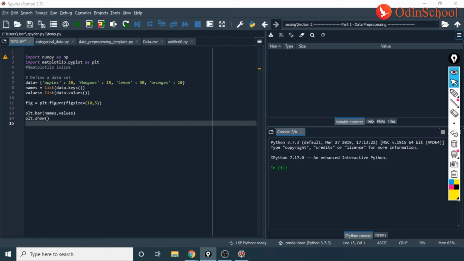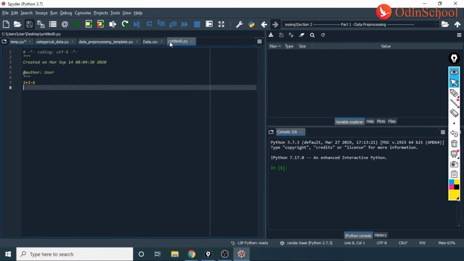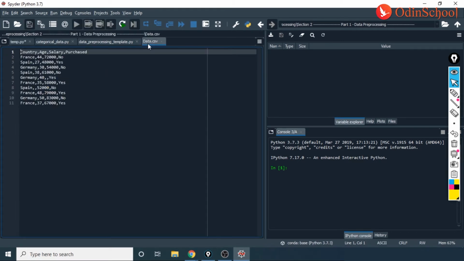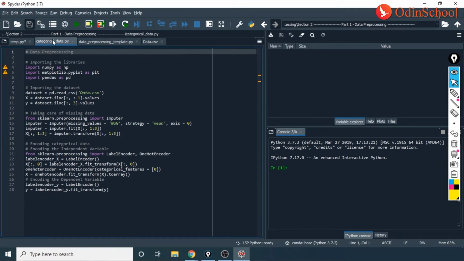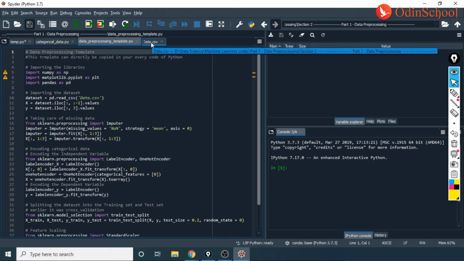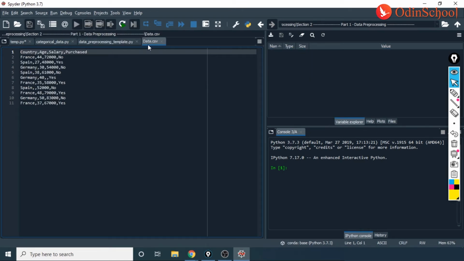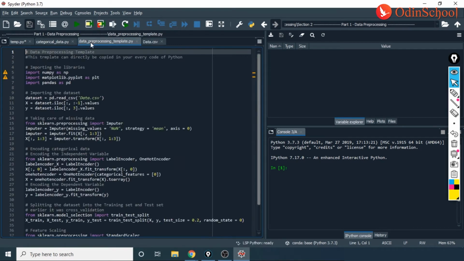All right, and in order to do that, first things first, I would want us to go through a data set. Right, so guys, this is my data set. And how do we read a data set in Python or in Spyder? Let us just take a look at that. So here I'm using my data.csv, and this is read CSV. I'm sure we all know things till here, right?